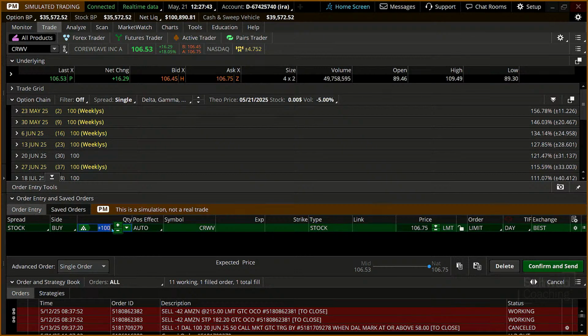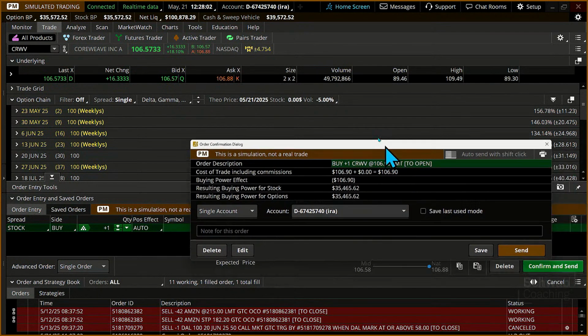And now what you're going to see is plus 100. That's a default. You can change that by going to the settings at the top right. Now, what I'm going to do is only plus 1. Okay, 1 share of stock. How do we know it's stock? It tells us it's stock. There's no expiration, there's no strike. Now, when we come to confirm and send for just a moment, you're now going to notice it's going to